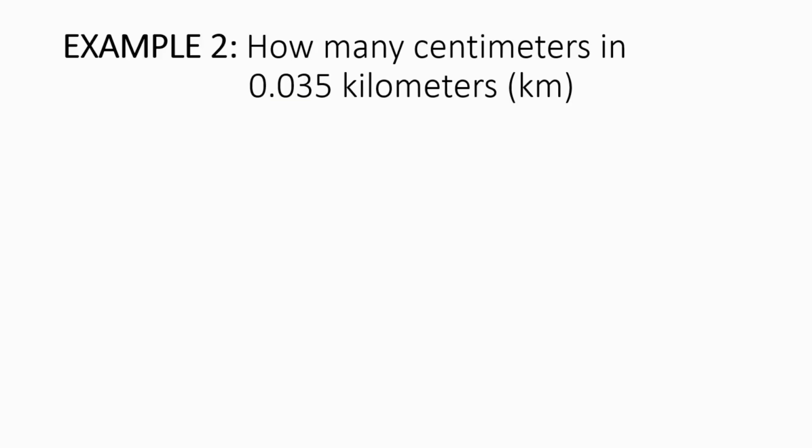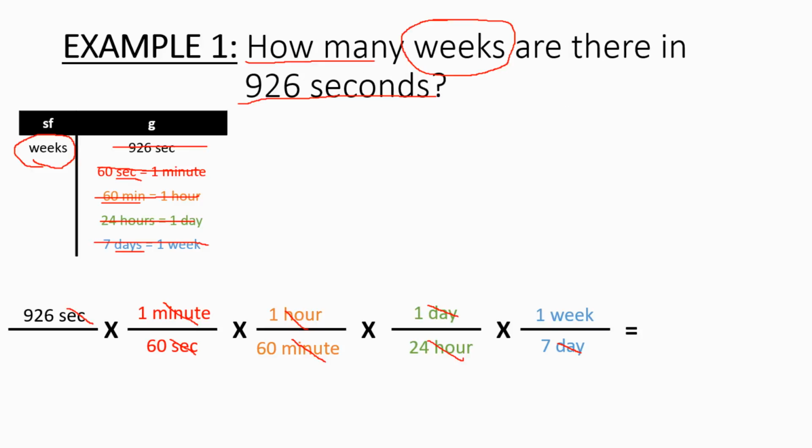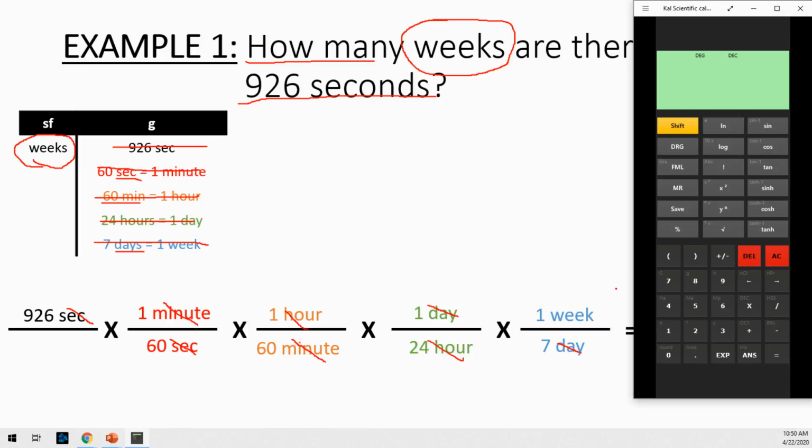So at this point, I take my calculator out. And I remember that anytime I see a number on the top, I multiply, and anytime I see a number on the bottom, I divide. So I'll start with my 926, and since 60 is at the bottom this time, I'm going to divide by 60. In the next box, 60 is at the bottom again, so I'm going to divide by 60 again. In the next box, I have 24 at the bottom, so I'm going to divide by 24. And in the last box, I have 7 at the bottom, so I'm going to divide by 7. You could have multiplied by all those ones, but we know that multiplying any number by 1 gives you the same number. I hit my equals, and that gives me this number here,